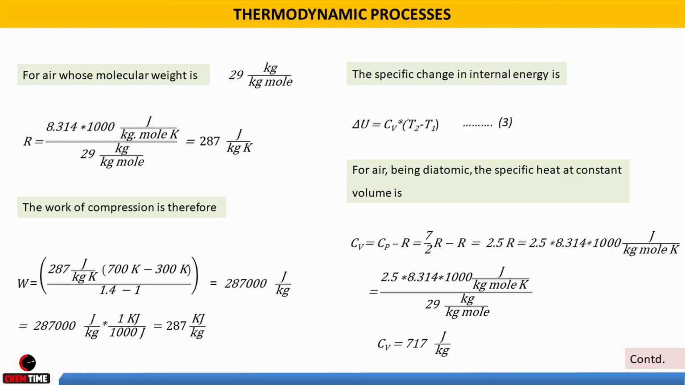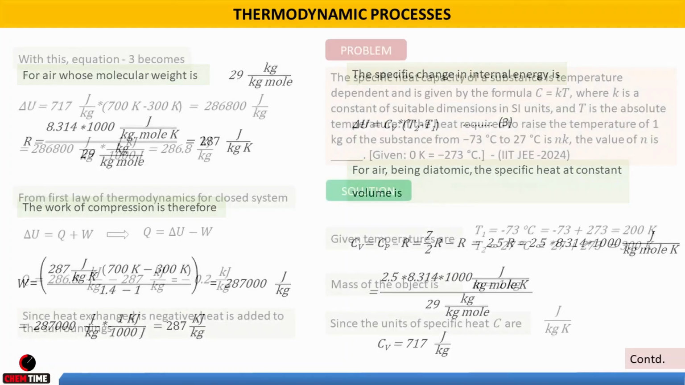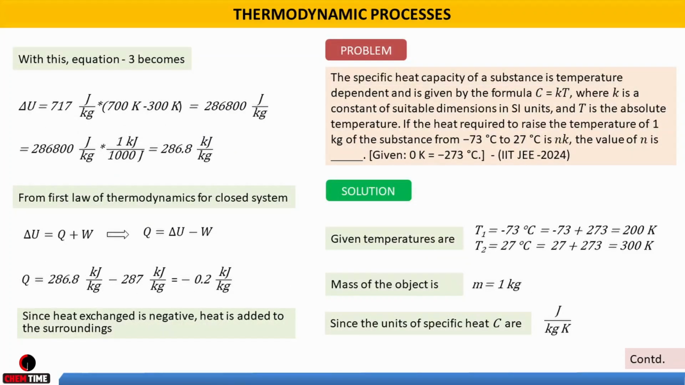The specific change in internal energy is calculated as delta U is equal to Cv into (T2 minus T1). For air, being diatomic, Cv is equal to Cp minus R, and Cp is 7 by 2 R, so Cv is 7 by 2 R minus R, that is 2.5 R, that is 2.5 into 8.314 into 1000 by 29. That works out to be 717 joules per kg Kelvin. With this, the change in internal energy becomes 717 into (700 K minus 300 K), that is 286,800 joules per kg,